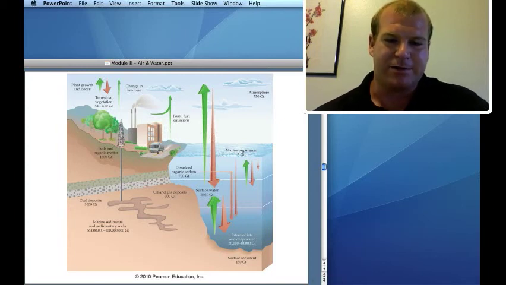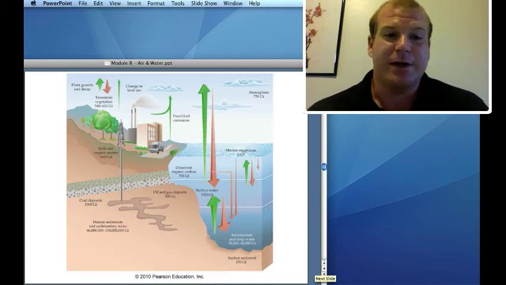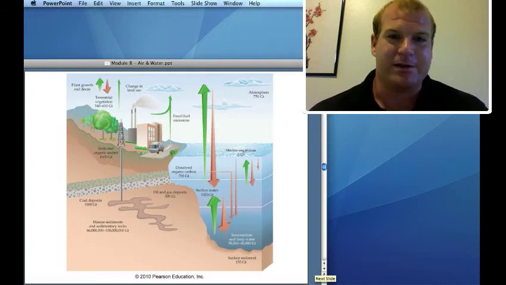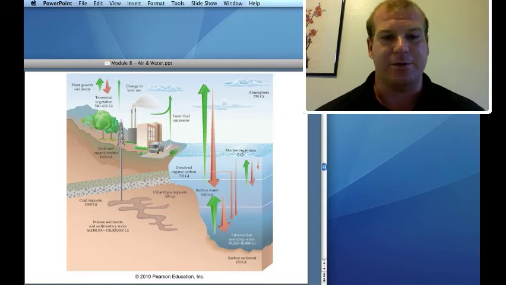The primary source and sink for carbon dioxide in the atmosphere is the ocean. The ocean produces most of it, it also absorbs most of it. And we talked about algae being mostly the source of oxygen. It takes carbon dioxide and turns it into glucose and oxygen. And we have other sources too. Terrestrial vegetation produces some oxygen, not very much. And there are other sources, both human and even larger than that, non-human.